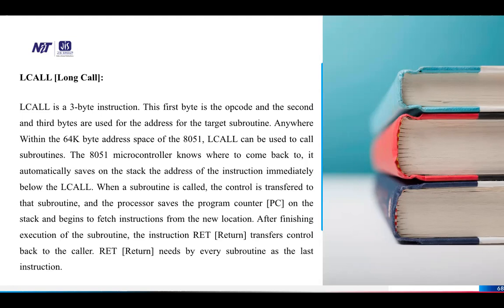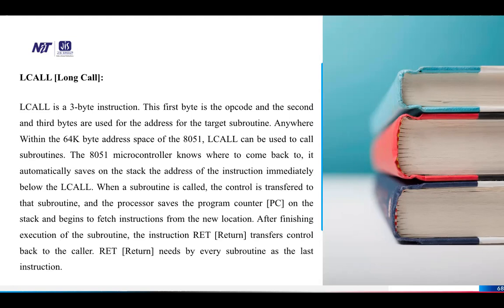When a subroutine is called, the control is transferred to that subroutine, and the processor saves the program counter PC on the stack and begins to fetch instructions from the new location.